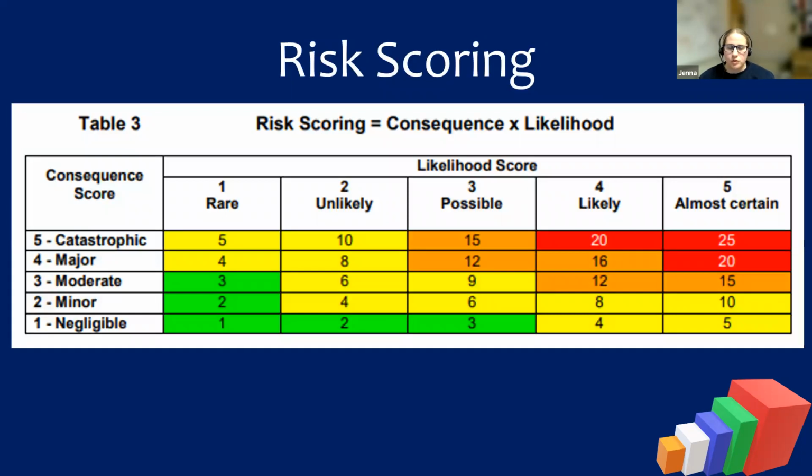So we're going to go on to risk scoring, and this is obviously really, really important. When we're talking about risk scoring, we complete a risk score multiple times throughout an assessment, throughout the management of a risk. So we perform an initial risk score, and that is calculated without any controls in place. So it should represent the worst case scenario.